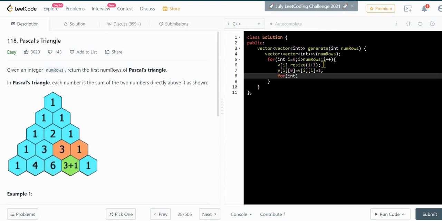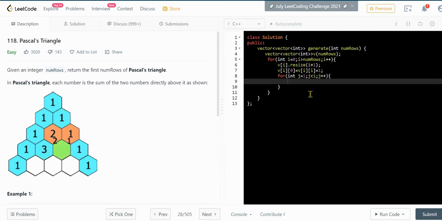And I am also taking a for loop, which takes the inner elements, right? For this element I am taking the column number, particularly starting from 1, right? At the 0 level there is nothing to calculate, and for row one, j will go up to i, right? And j will be incremented, and then v of i of j will simply be